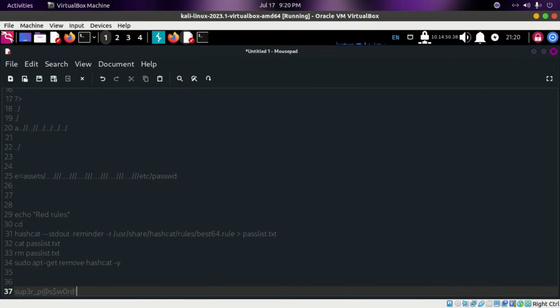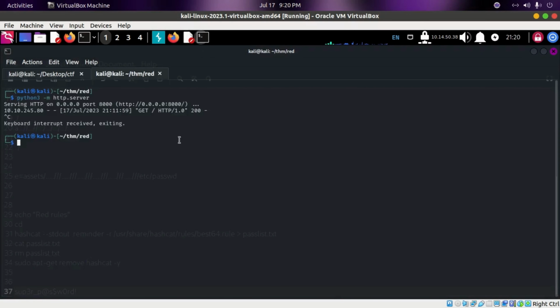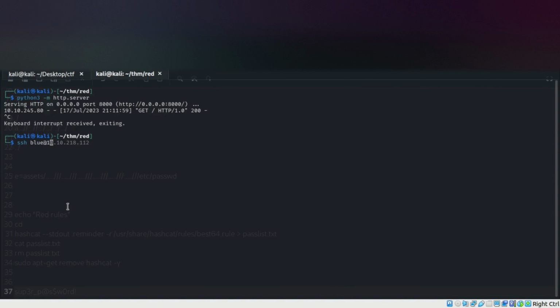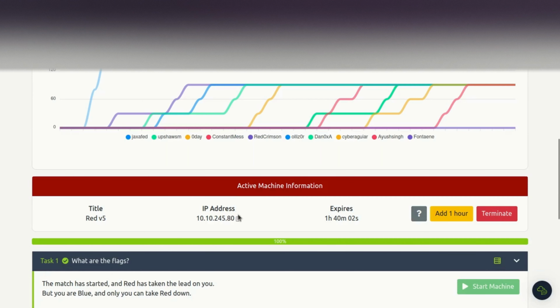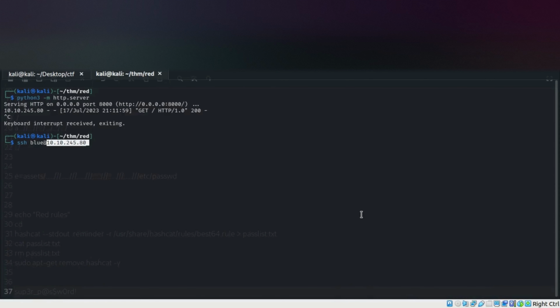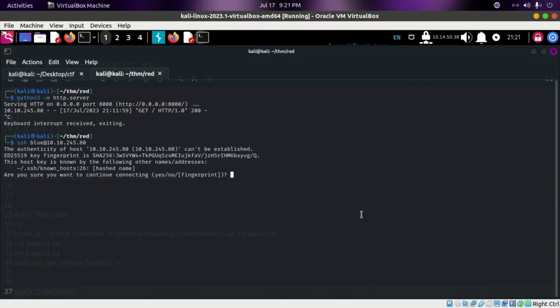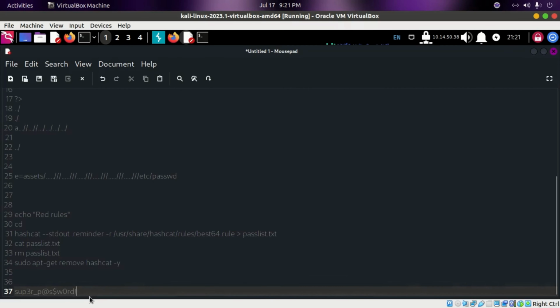So what I'm gonna do is I will try to log in with this password, and we'll see whether it works or not. So let's just try SSH, then the username, which is blue, SSH blue, and the IP. Let me just copy the IP one more time. Let's see. Now paste this password, and let's see,